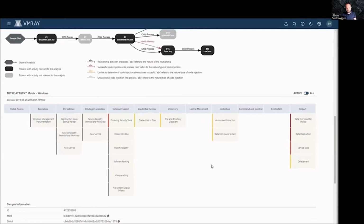And I'm sure it's very important for a lot of people here in the call. We also provide a mapping to the MITRE ATT&CK matrix here, which means that the behavior we detect during dynamic execution that the sample causes, we ensure our VTIs are mapping to the MITRE ATT&CK, so that we also get a very quick overview